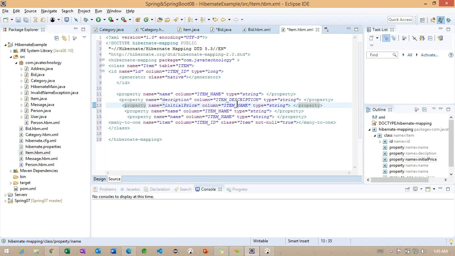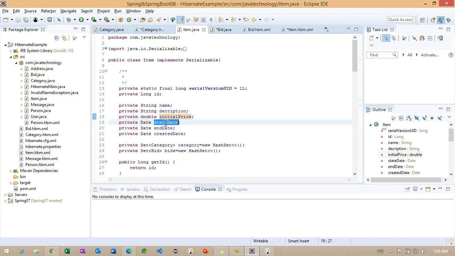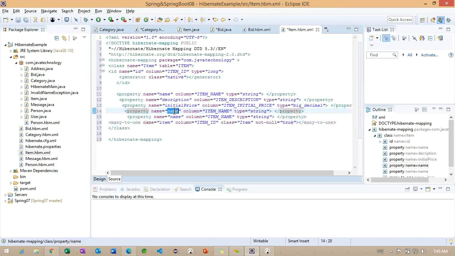Initial price, we can make big decimal. And the last three: start date.